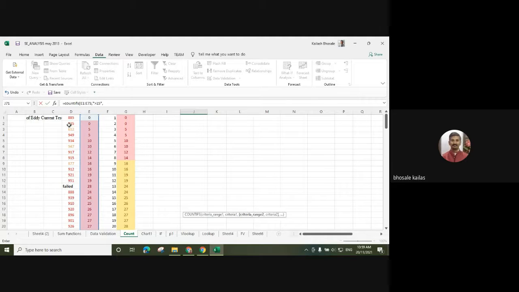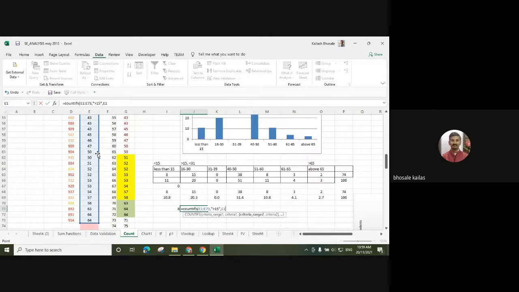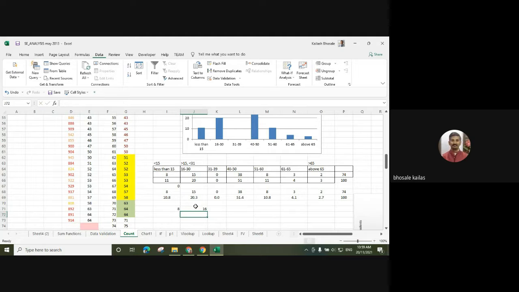Then select the same range, and less than 31. There are 16 numbers.